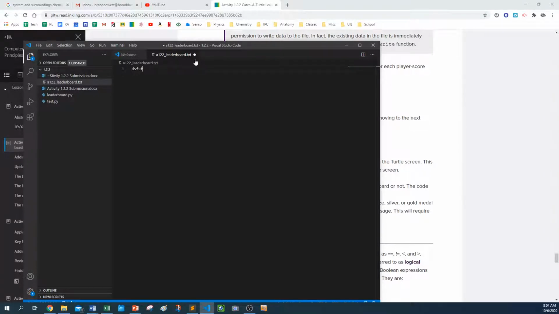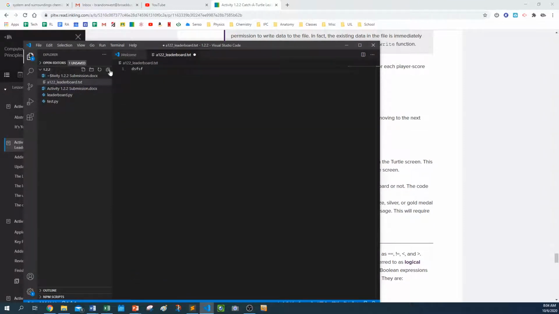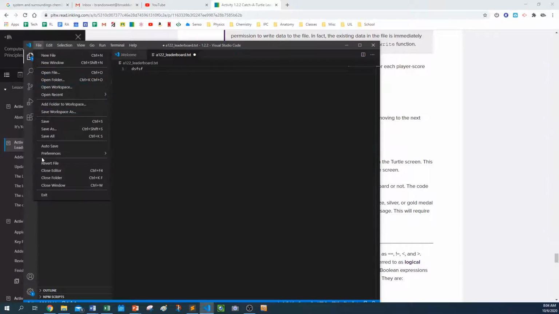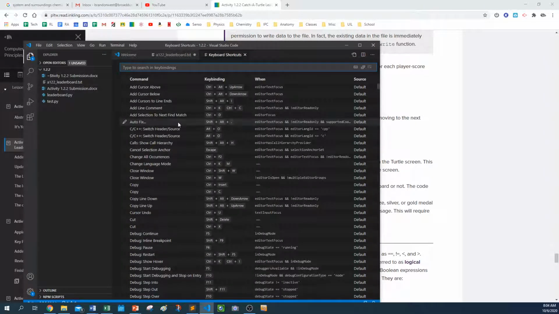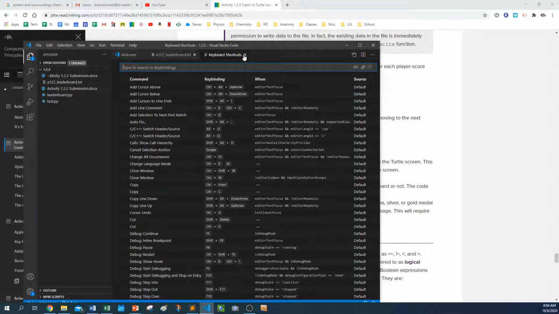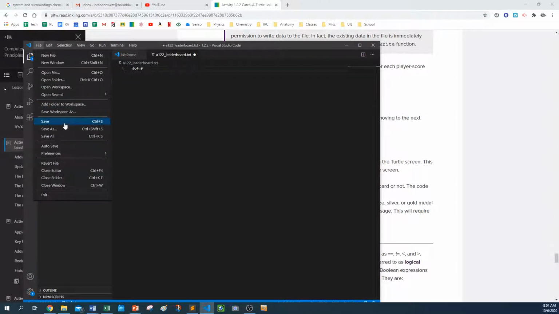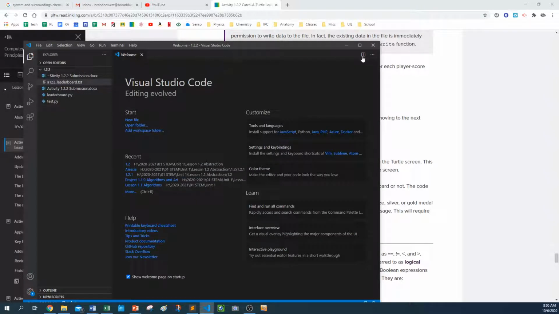But this symbol right here means the file is not saved. Come over here, we still see it right here. Make sure you're saving your file. You can be on the safe side and press Control K S. Nope. Control K and S at the same time. What does that mean? I don't know. You can just hit Control S or go up to save and save. Make sure these are actually saved